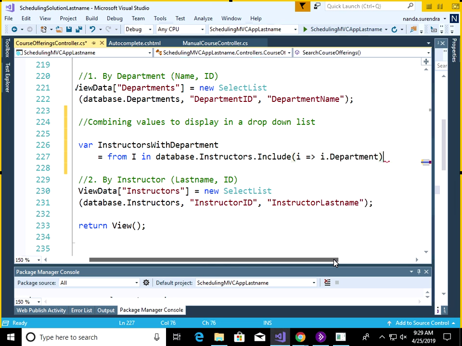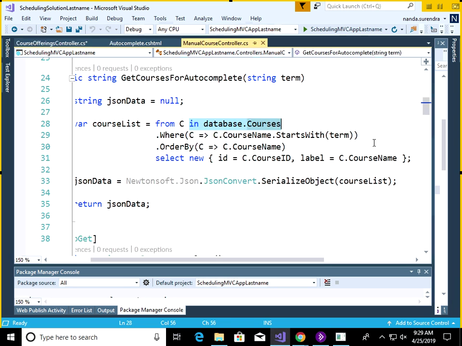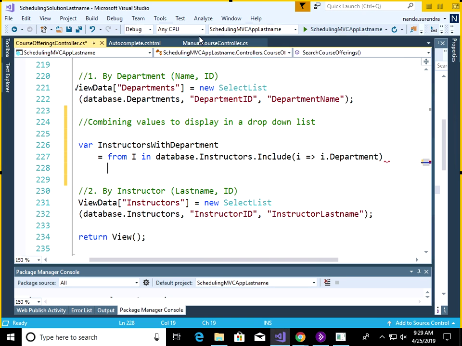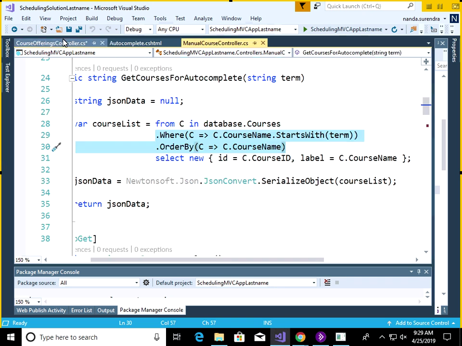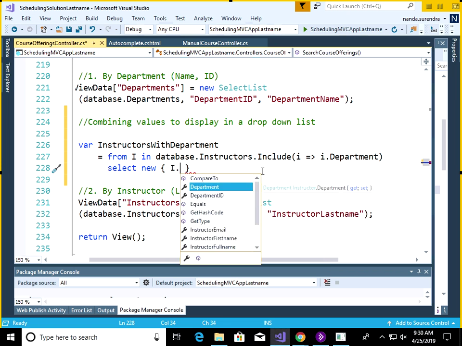Okay. So this is from the from table. And then what I'm doing is I'm selecting. You see here, I could have a where clause, I could have an order by, but I'm not doing that right now. Instead, I'm just going to have a select. So basically, I'm going to say select new, and within curly braces, what am I selecting? Well, this is just for the instructor drop down. So I'm going to have I dot instructor ID,